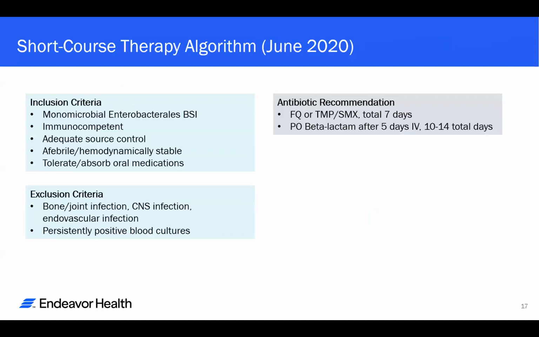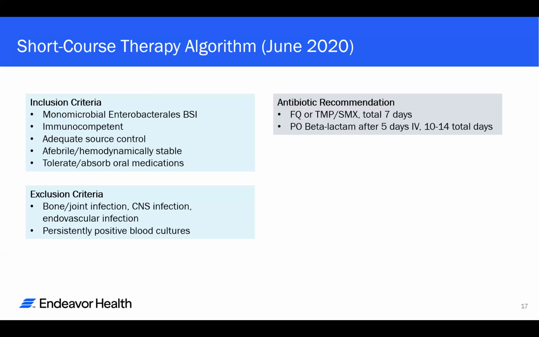So please remember, this was before the BALANCE trial came out, but this was what our algorithm looked like. So we basically said if we have a monomicrobial Enterobacterales bloodstream infection, they're immunocompetent, have adequate source control, hemodynamically stable, and can tolerate and absorb oral medications. We excluded bone and joint, CNS, endovascular infections, or persistently positive blood cultures. Then we would recommend they could either finish a 7-day course of IV or be transitioned to a fluoroquinolone or Bactrim at any time for a total of 7 days. And then we were very conservative with beta-lactams because there just wasn't much data at the time. But we said you could go to a PO beta-lactam after 5 days of IV for a total of about